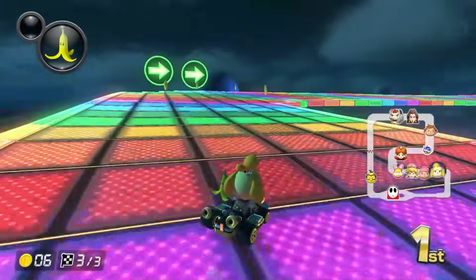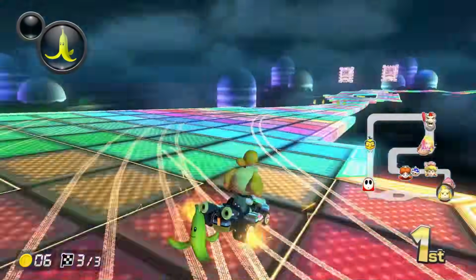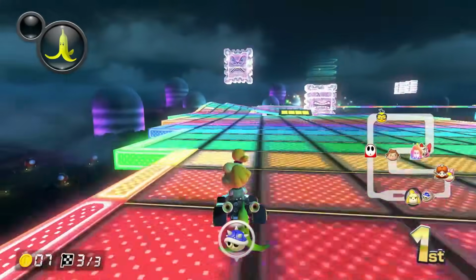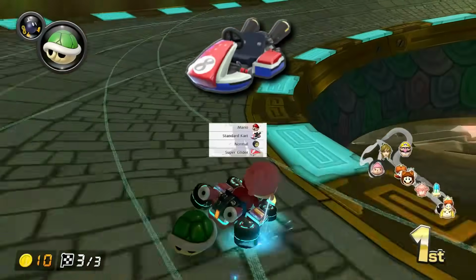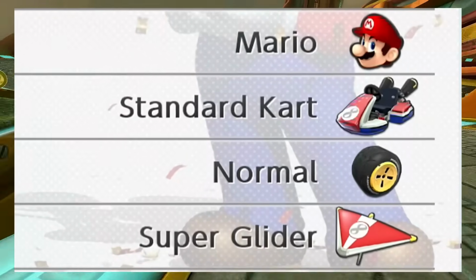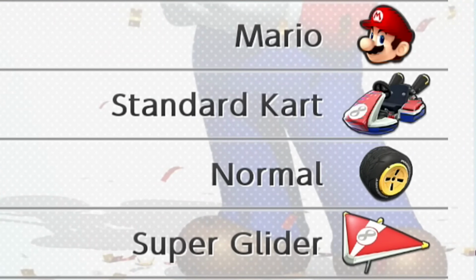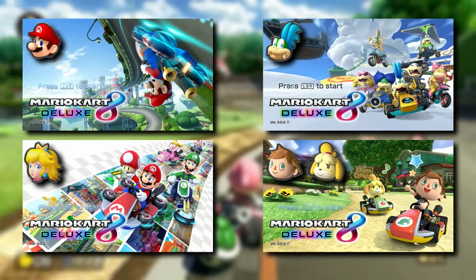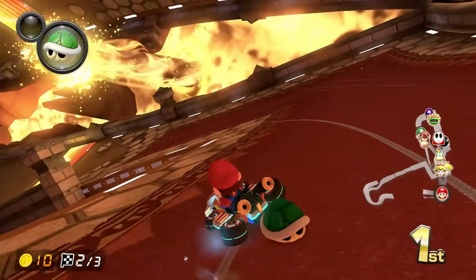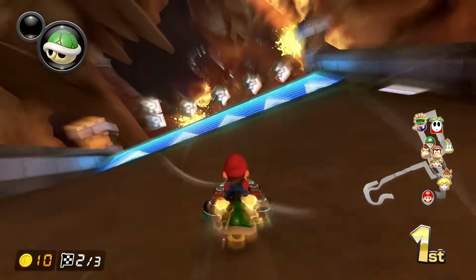Now, as is common practice, I've saved the best for last. And not only is it the best, but it's also the most common. I'm of course talking about the signature standard kart, which is somehow my most used body. That can't be a good sign. This kart body is featured alongside 5 different characters who are all relatively competitive. I can't believe I'm saying this, but Mario's going to have to take a back seat once again for this